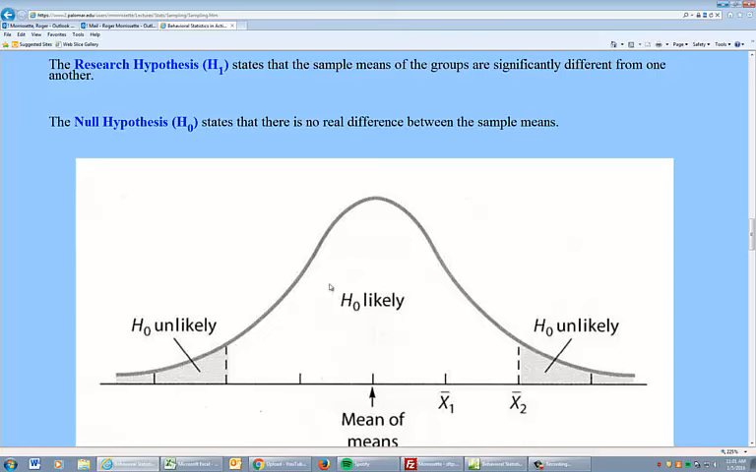So, the null hypothesis states that there is no real difference between the sample means. Remember what that means, the sample means. In any experiment, we have at least two groups, at least two sample means, a control mean and an experimental mean. If we're doing an experiment on cancer and we're trying to create a drug that reduces cancer,